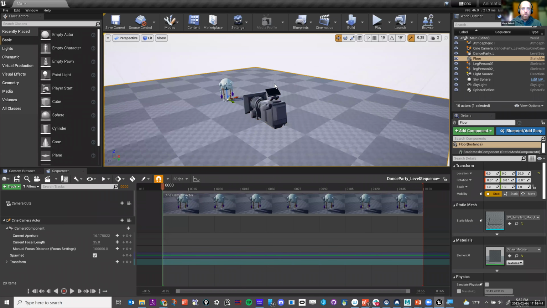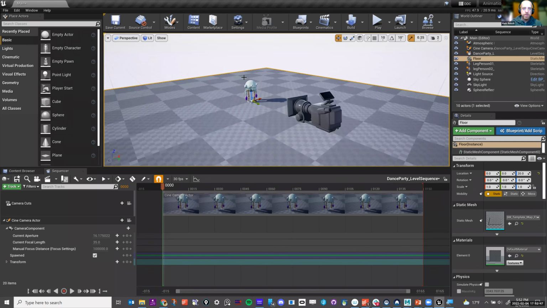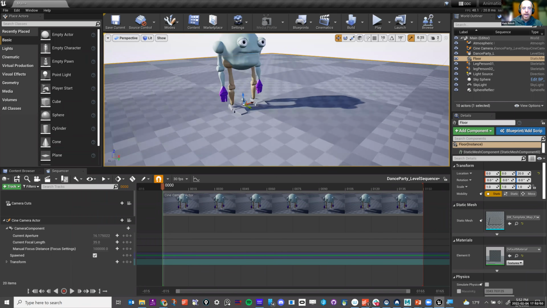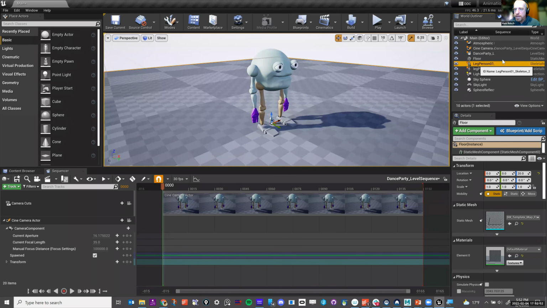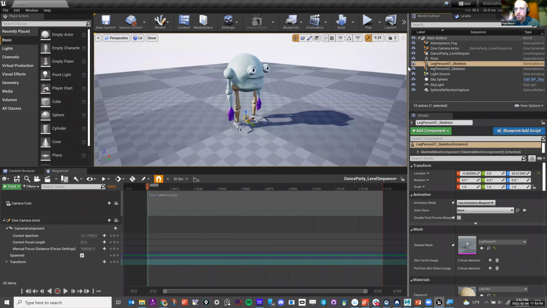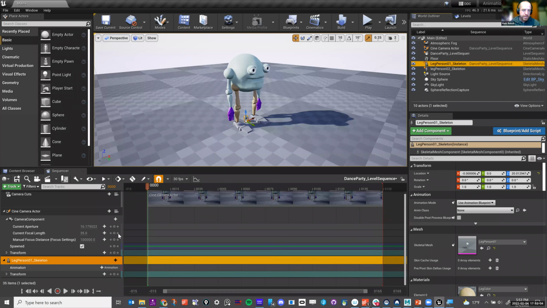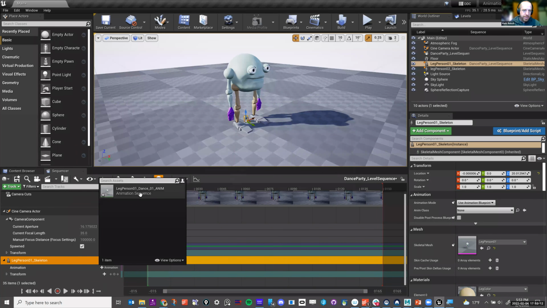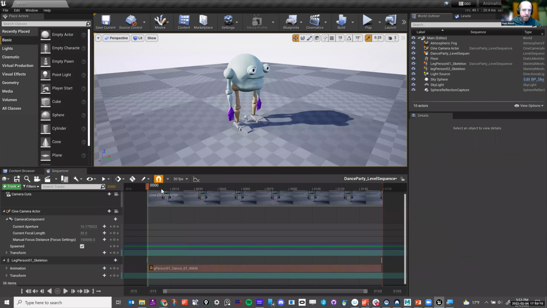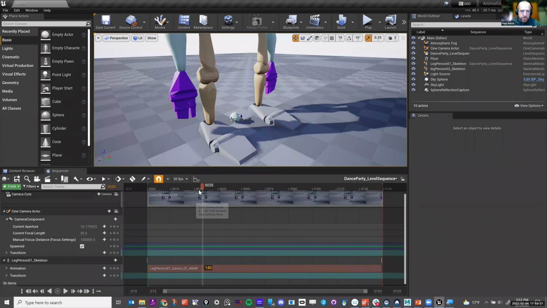Now, when I want the animation on here, this is where it gets really pretty simple. All I have to do is, I have leg person 1 and leg person 2. So I'll do leg person 1. I'm going to left click and drag it down to the bottom here. And you can see that it adds it to the timeline. But then I want to add some animation to it. I click on animation and I click on the animation dance. And now if I scrub back and forth, you can see my little character here just dancing its little heart out. Woo, there it goes.